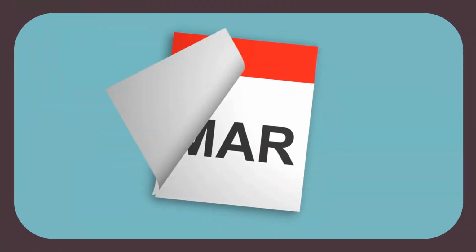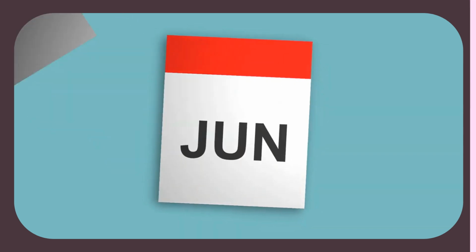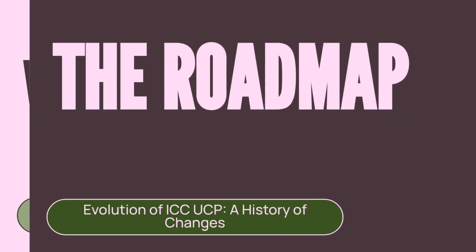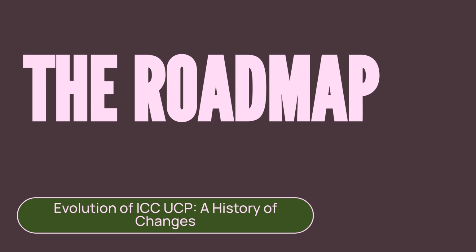From UCP 82 in 1933 to the current UCP 600, each revision has introduced significant changes that shape today's trade finance landscape. By the end of this video, you'll understand the core changes in each UCP revision and how they led to the rules we use today in UCP 600. We'll follow the chronological evolution, starting with the foundational UCP 82 and progressing through UCP 151, 222, 400, 500, and